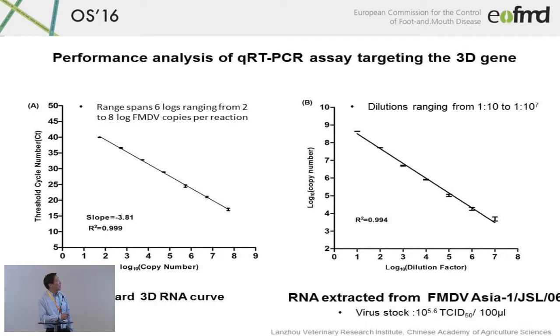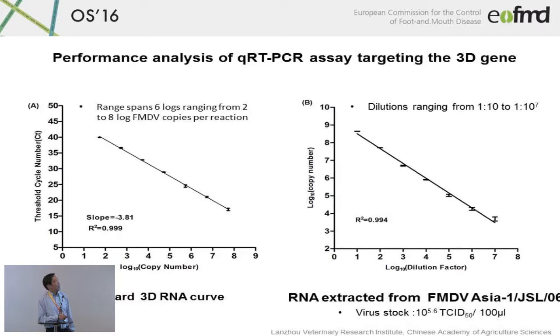From here, you can see the range of the virus standard RNA spans 6 logs, from 2 to 8 logs per reaction, which is quite similar to the previous report, a quite wide range of detection. That is good for us because we want a wider range of detection; otherwise, it's not very good in terms of sensitivity. After this, we repeated this a few times, and you can see the variation is not very big, and it's within a very good